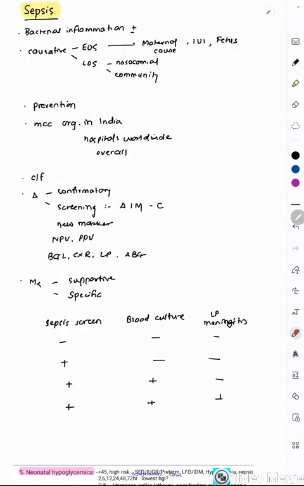Sepsis. Sepsis is characterized by bacterial inflammation with or without the presence of pneumonia and meningitis. Then sepsis is divided into two categories: early onset sepsis and late onset sepsis. Early onset sepsis is within 72 hours, and late onset sepsis is sepsis after 72 hours. The causative factors for early onset sepsis are divided into maternal causes, intrauterine infection or inflammation, and the fetal associated